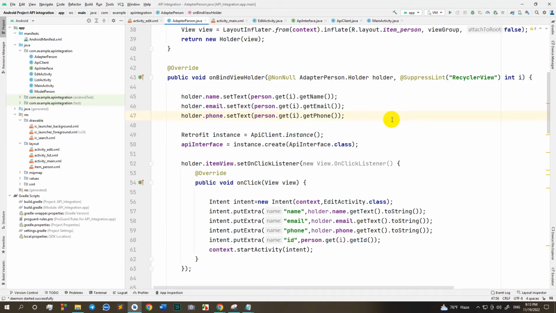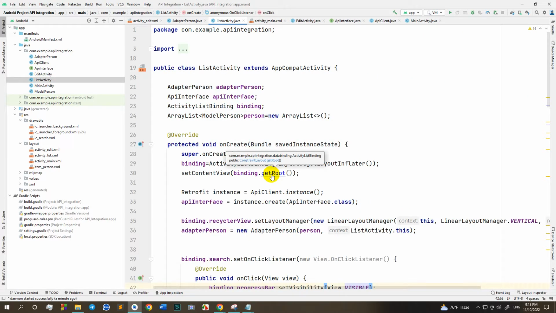Dear learners, we already know about database create, read, update and delete. So now in this video we are going to implement sign up feature. So let's get started. Okay, now you go to the list activity